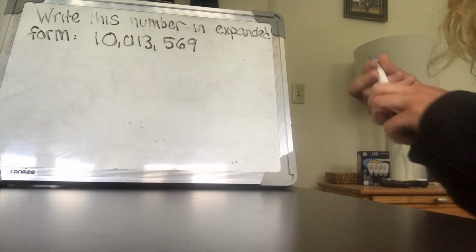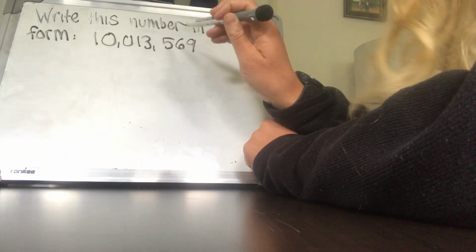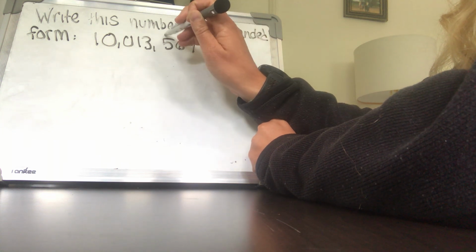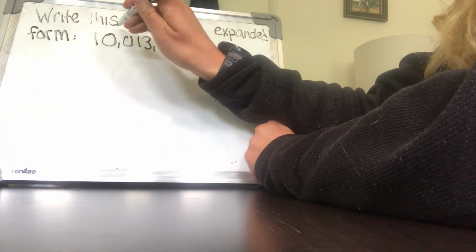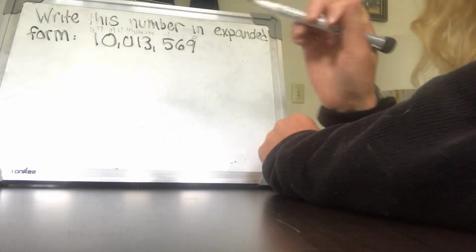So like I said, it's really helpful in these expanded form problems to label every single digit so I know its real value. Ones, tens, hundreds, thousands, 10,000s, hundred thousands, millions, and 10 millions. Okay, so we're going to start with the 10 million. In the 10 million spot is 1. So let's start 10 million